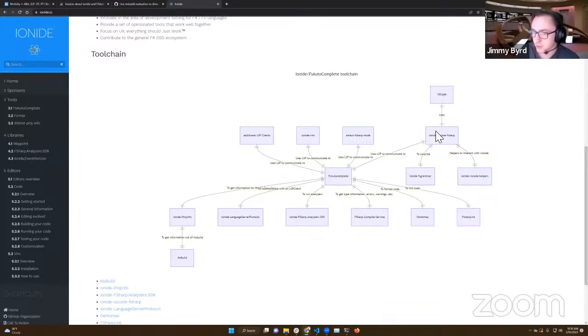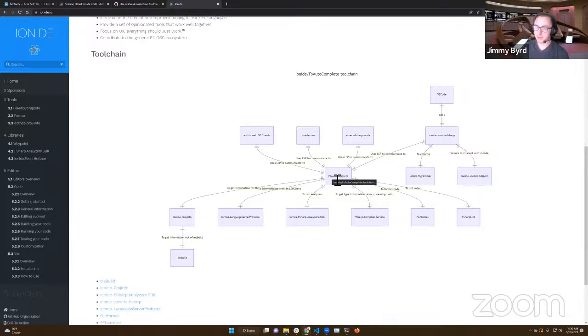When you deal with VS Code, there's the Ionide plugin itself, which we install alongside VS Code to interact with what is considered a language server. FSAutocomplete is that language server, and all the real brains behind how you get IntelliSense, errors, and a lot of the code fixes are in FSAutocomplete.